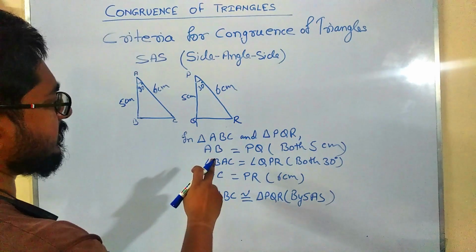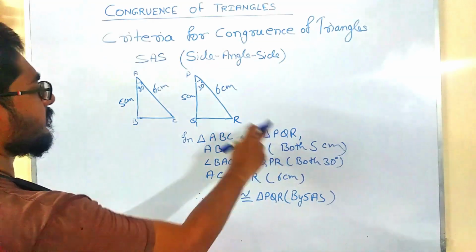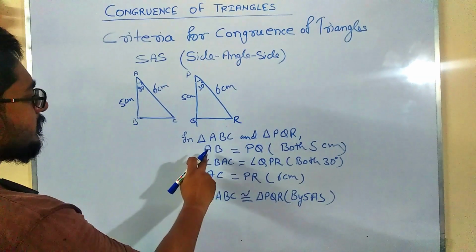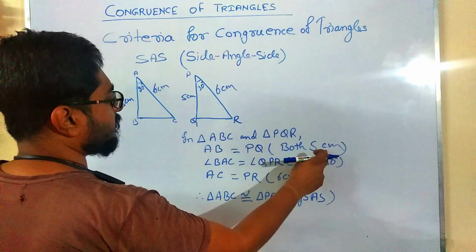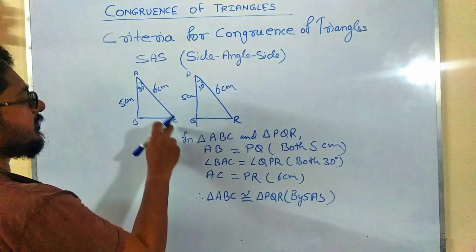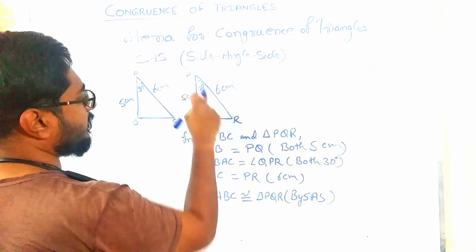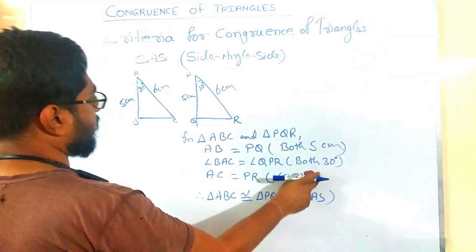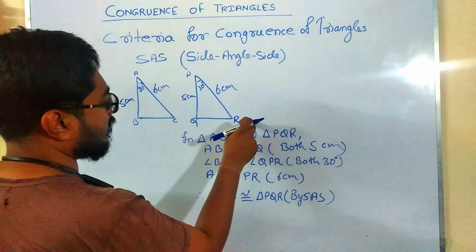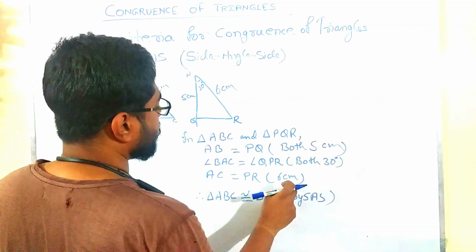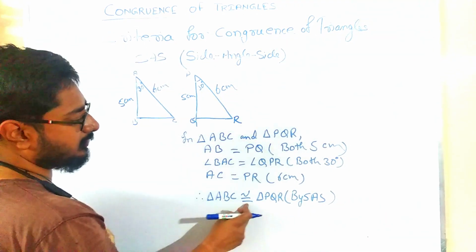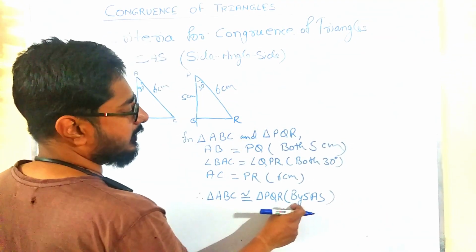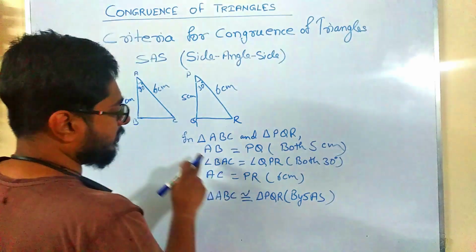In triangle ABC and in triangle PQR, first we have to take side AB equal to PQ, both 5 centimeter. Then angle BAC equal to angle QPR, both 30 degree, and AC equal to PR, both 6 centimeter. So we can say triangle ABC is congruent to triangle PQR by SAS